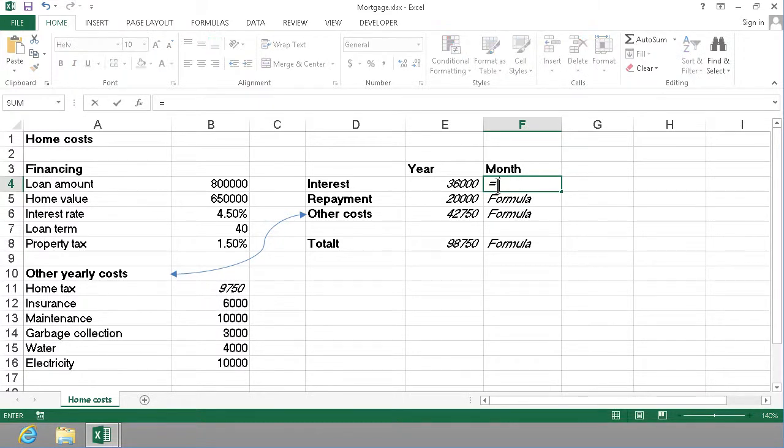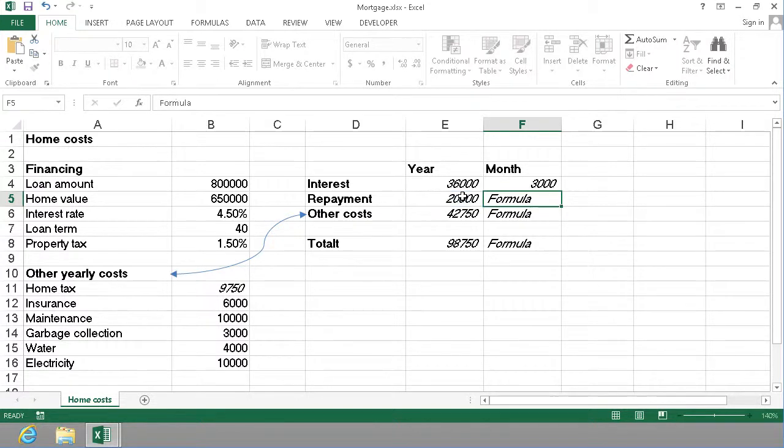Now for the monthly costs, which is of course also interesting information to know, you want to do a division again. You want to divide the year values by 12. In most cases, I recommend not entering any values like that because they might change in the future, but in this case we can be relatively certain that the number of months in a year will not change anytime soon, so we can type in the 12 in that case. Now I'm going to do the same thing for the next one. The one to the left